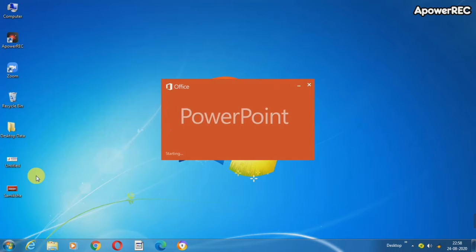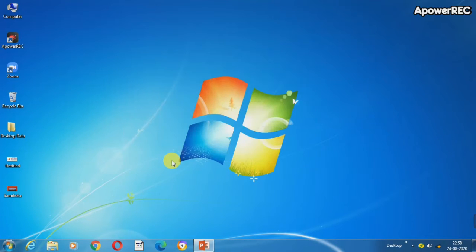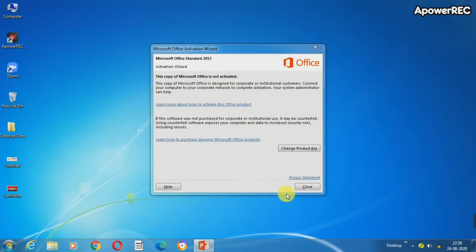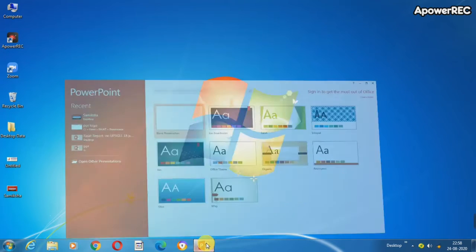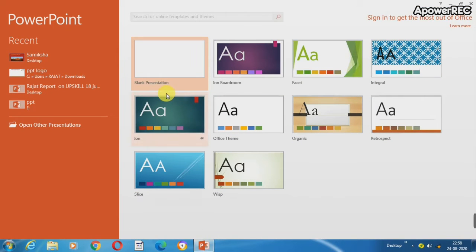So children, when you click on Microsoft PowerPoint, this screen will open in front of you. It's showing a presentation. Now you can observe here there is an option of blank presentation.